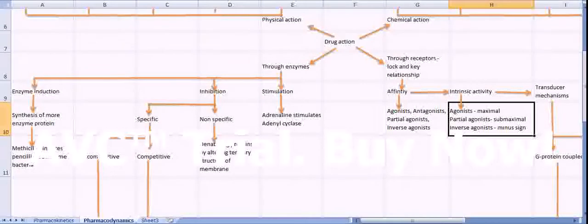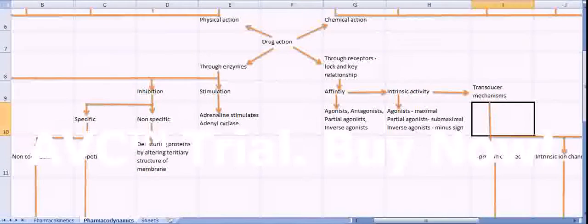Partial agonist may have the submaximal activity. Inverse agonist does not have the activity, but in a reverse way. In the case of antagonists, they do not have the activity, but they have the affinity to bind with that receptor. After the binding of the drug with the receptor happens, and after the intrinsic activity has been done,